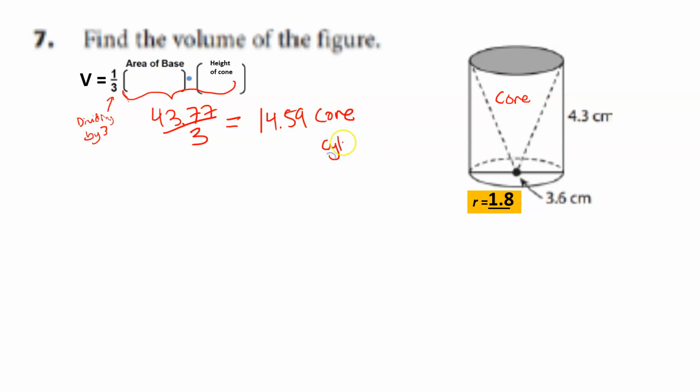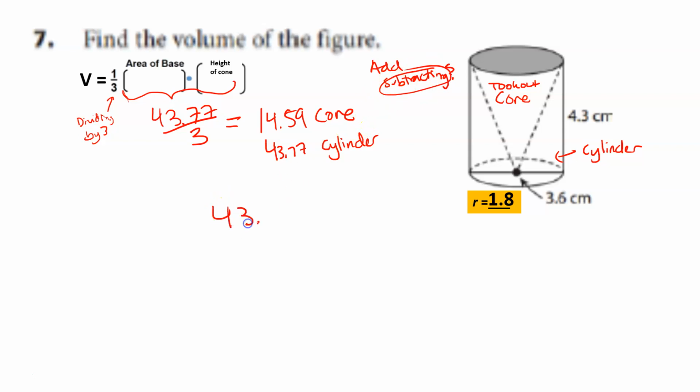The volume of the cylinder that we found for number 6 was about 43.77. To figure out the volume of the composite figure, since the cone got cut out of the cylinder, what do you think about when you think take out, took out? Do you think about adding or subtracting the two volumes we found? Subtracting, right? So we're going to take away from 43.77, the volume of our cylinder,